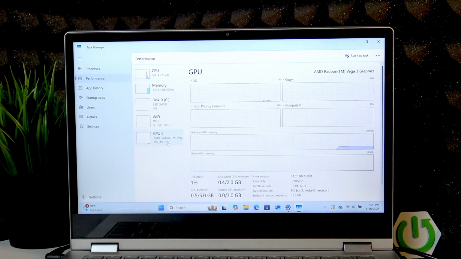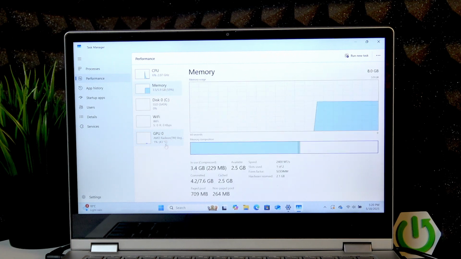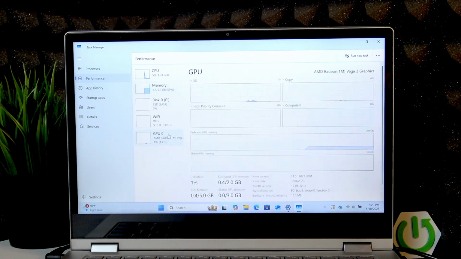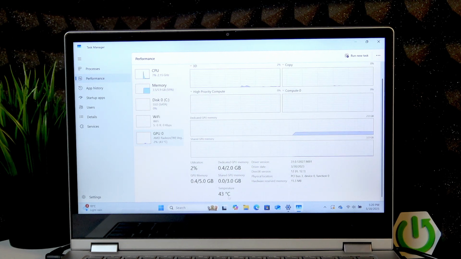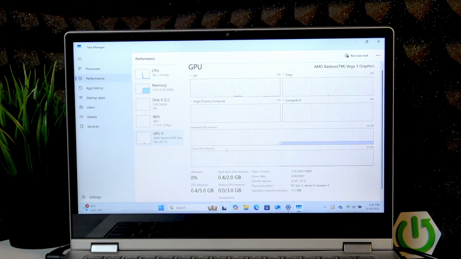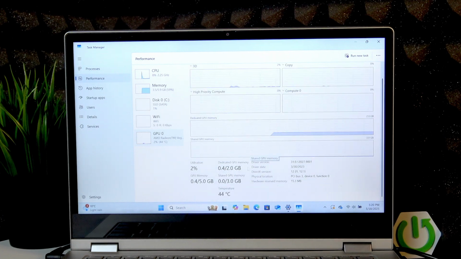Unfortunately, you can't see your temperature here. Okay, we can see the temperature of our GPU. It's my mistake, only the GPU got the temperature. So as you can see, it's 44, which is quite normal, even kind of low. But since we're not doing anything right now,